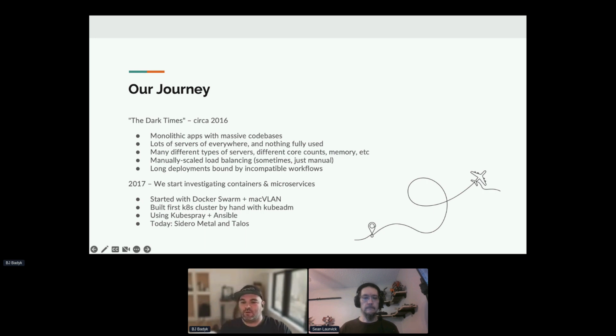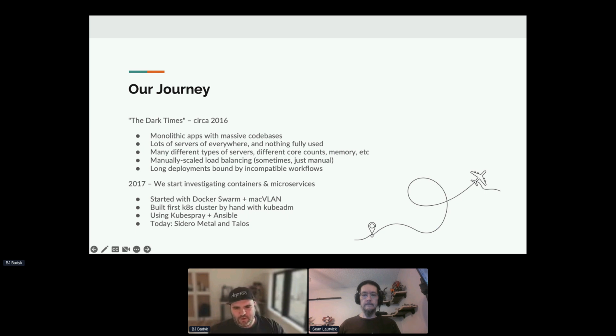So the goal with Docker Swarm was simply to be able to get a container running, have it scheduled on a piece of hardware, and then have that container actually get its own IP address. And that's a fully routable IP address. By doing that, we could have that container, not a pod, but back then just a regular old container running in Swarm, come up with its own IP. It's completely routable. There's no ingresses, there's no proxying, anything like that. And we could have that Consul service be load balanced between old school legacy bare metal and a container. And so we could do a slow roll of services into, at that point, Docker Swarm.